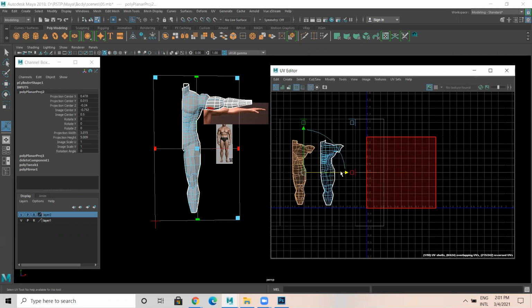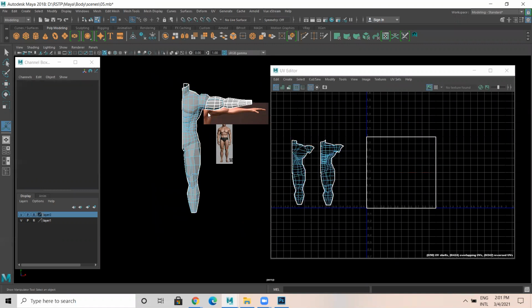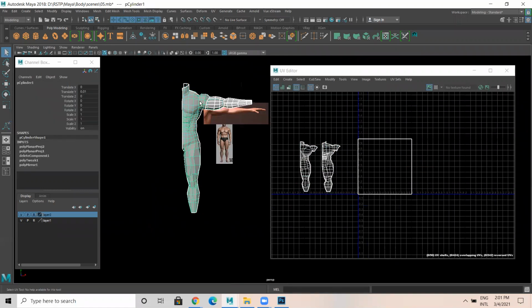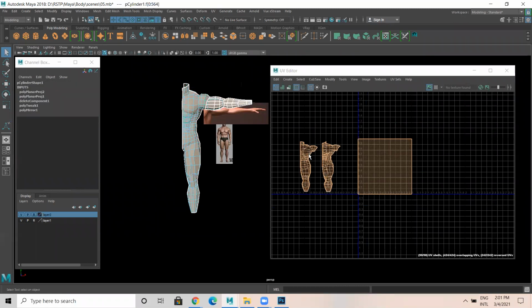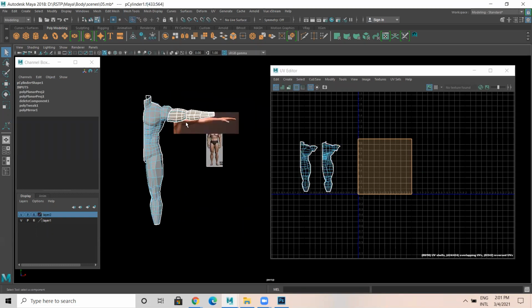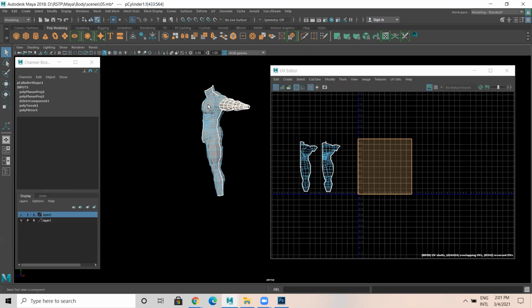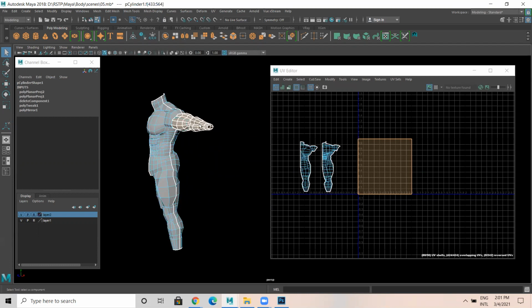Let us place this here. Then after that, go to face, select all the face, come to face mode here, deselect these two faces. So the remaining one is the hand part.